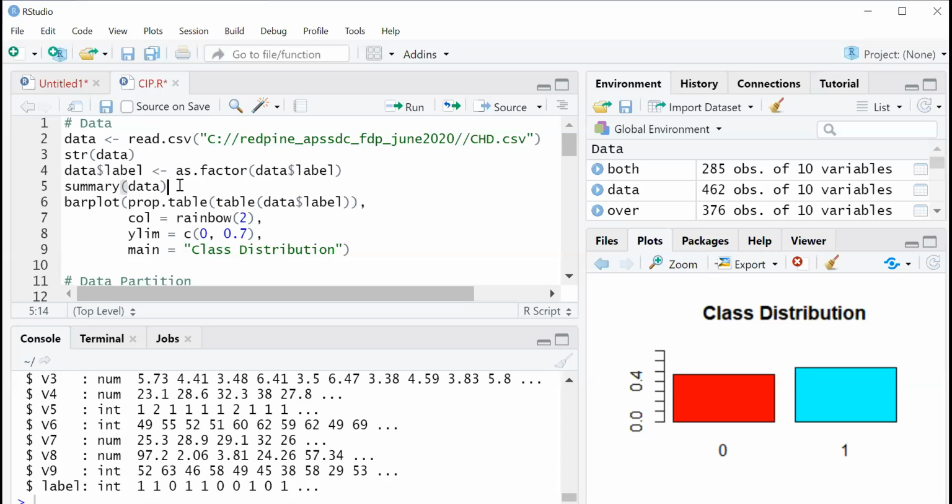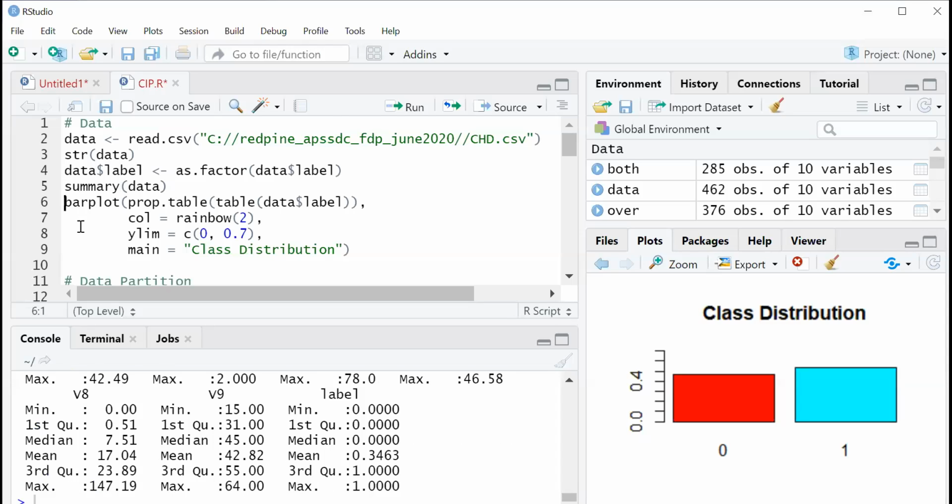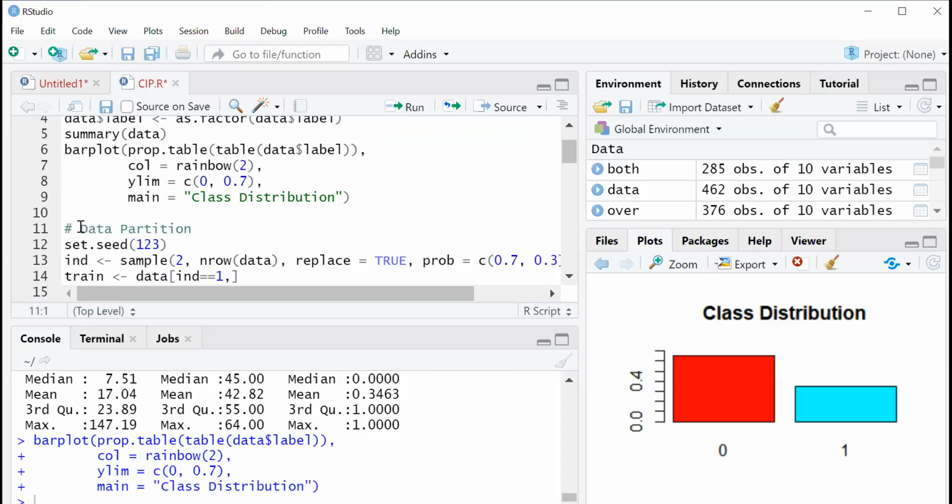Then I'm checking how class 0 and class 1 are distributed in our data. Here we can see some class imbalance in our data.